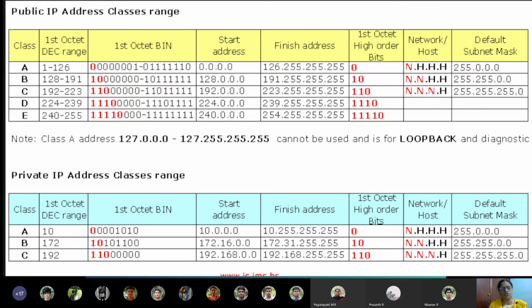Here you have done it correctly: 2 power 14 minus 2, 2 power 16 minus 2, and 2 power 8 minus 2. In class A, the total number of possible networks is 2 power 8 minus 2, because all zeros and all ones cannot be used. The total number of possible hosts is 2 power 24 minus 2.